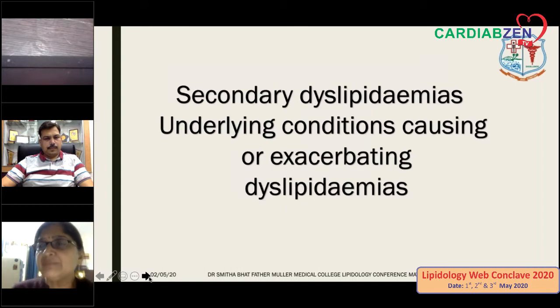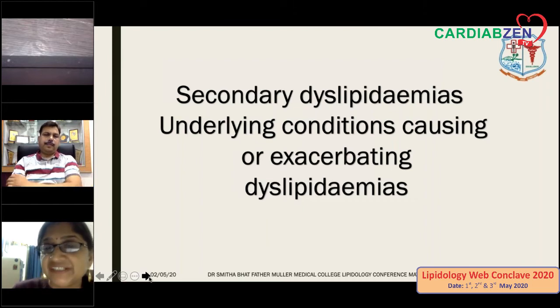Now, what is important to know about secondary dyslipidemia is, how do we define them? Basically, if an underlying condition is causing or exacerbating a dyslipidemia, it is considered to be secondary. Strictly speaking, if you treat that underlying condition, then the lipid profile of the patient should immediately improve without